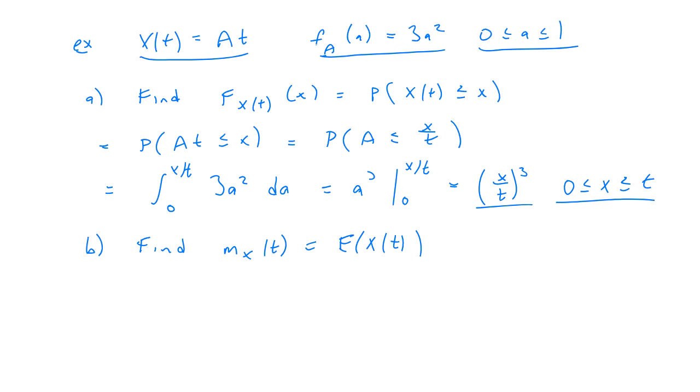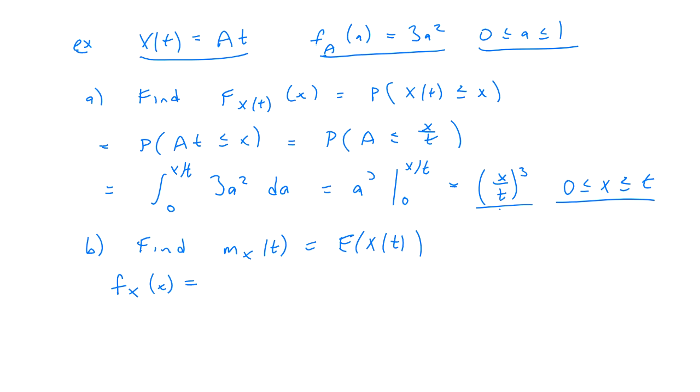Pieces, and I'll probably just do this one and we'll continue it on Monday, which is now we want to find the mean at time t. And we have two ways of doing it. One way is this is the CDF. Given a CDF, how do you get the PDF? You just take the derivative with respect to x. So if I take the derivative of that with respect to x, I get, however you want to do